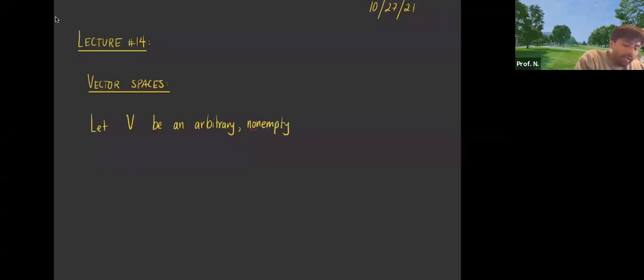This phrase here, non-empty, may seem redundant, maybe like, yeah, why would we talk about something that doesn't have anything in it? But we like being very explicit. And we like saying it's non-empty, meaning that it contains at least something, right? Let V be an arbitrary non-empty set of objects